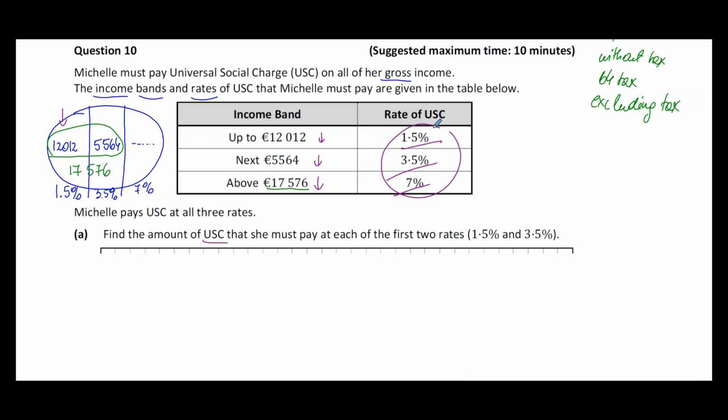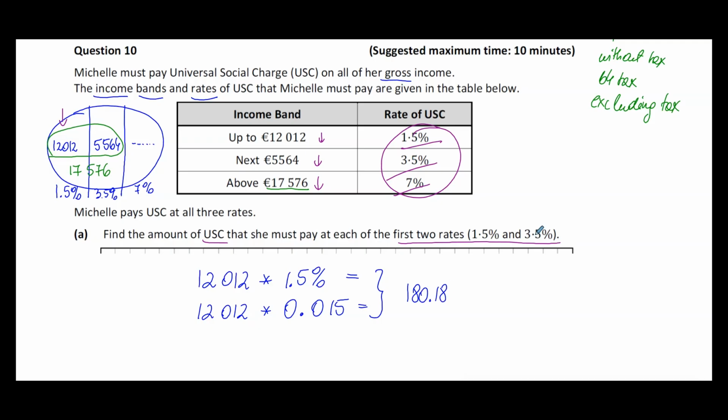We take her first 12,000 and multiply by 1.5%, or as a decimal, 0.015, that's the same thing. We put that in the calculator and the value we get